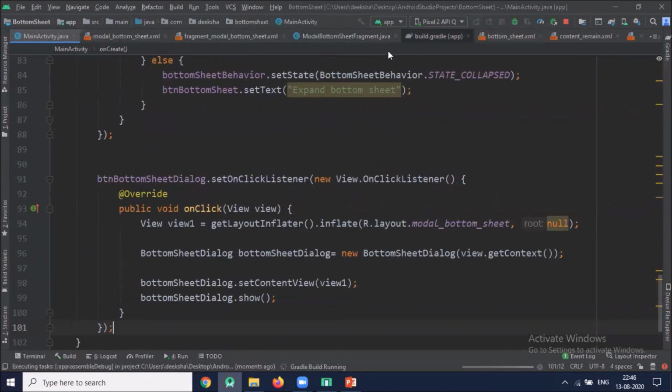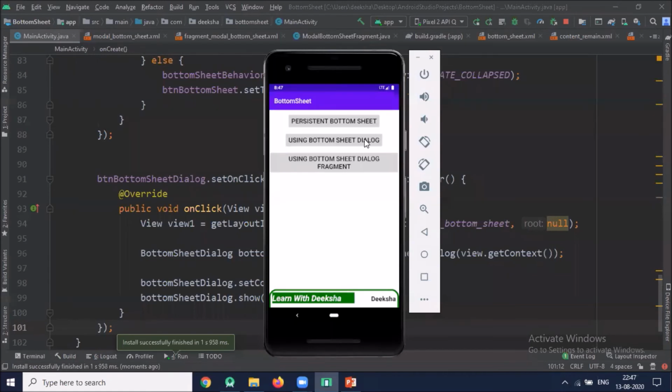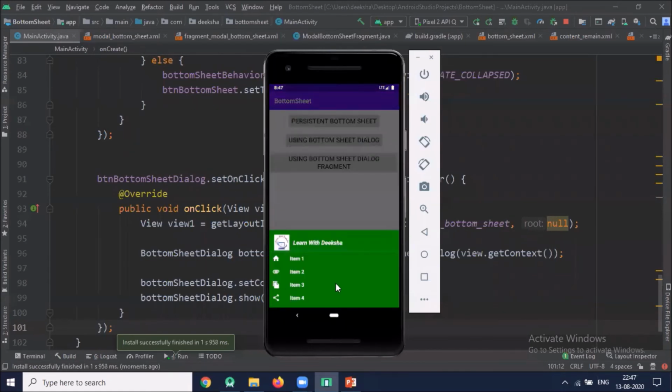Now run the project. So when I click using bottom sheet dialog, it displays modal bottom sheet.